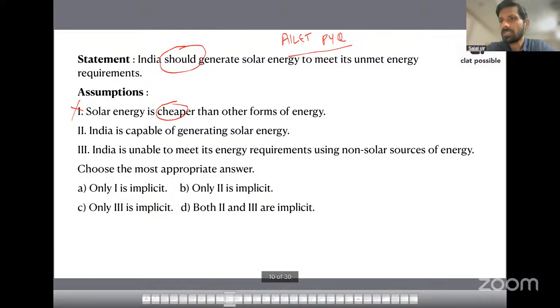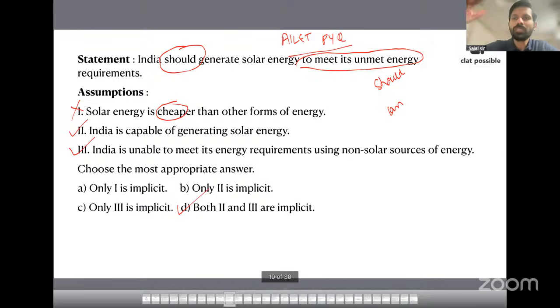doing this, right? तो आप देखिएगा जब भी बोलेंगे the government should do this, this panel should look into this, the basic assumption that comes with should, the person is assuming that they can or they're capable of doing this, right? So two is an assumption. 3 says India is unable to meet its energy requirements using non-solar sources of energy. Yeah, because it said should do this to meet its unmet energy requirements, right? So 3 also becomes an assumption required for that statement. So option D is correct here,